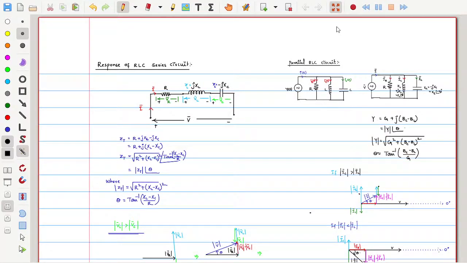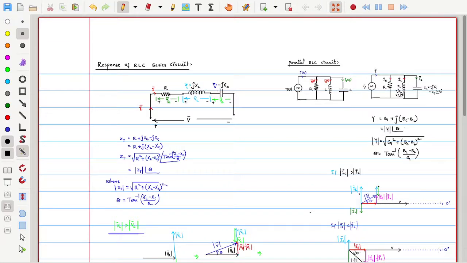So, in the last sessions, we discussed the response of series RLC circuit and parallel RLC circuit. And let us have a quick review on these two concepts. So, in series RLC circuit, we found the impedance of the circuit, which is equal to R plus ZL